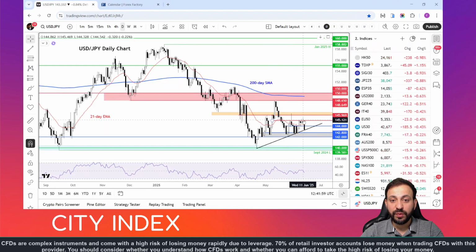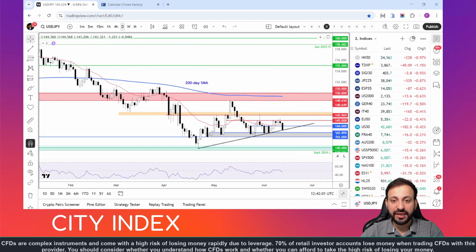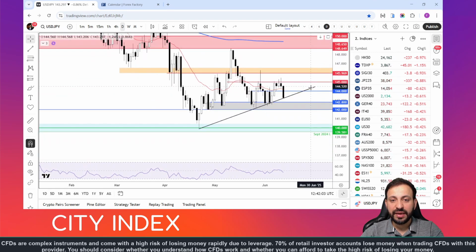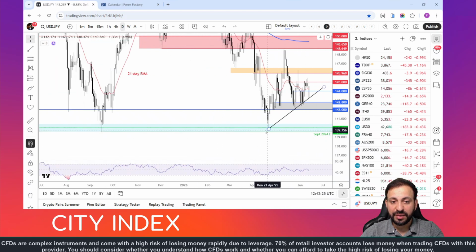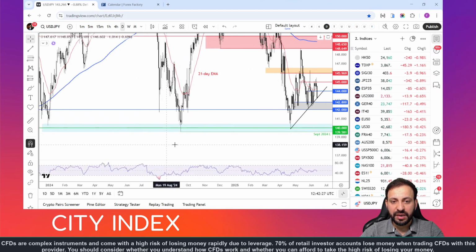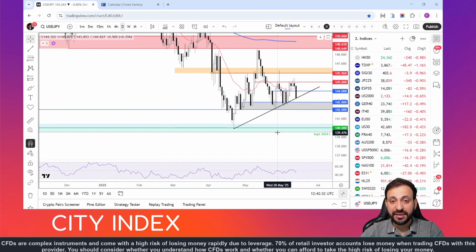And this comes on the back of weaker than expected CPI data out of the US yesterday. So as a result of the weakness in data, the dollar yen is once again dropping, and it is testing this trend line at the time of recording. Whether or not it will break through this trend line this time around remains to be seen. But if it does close below it, then there's a serious risk that we could potentially see a breakdown of 142 support and a head down to 140 potentially, where the dollar yen had previously staged a couple of strong recoveries. But will it break down this time more decisively?